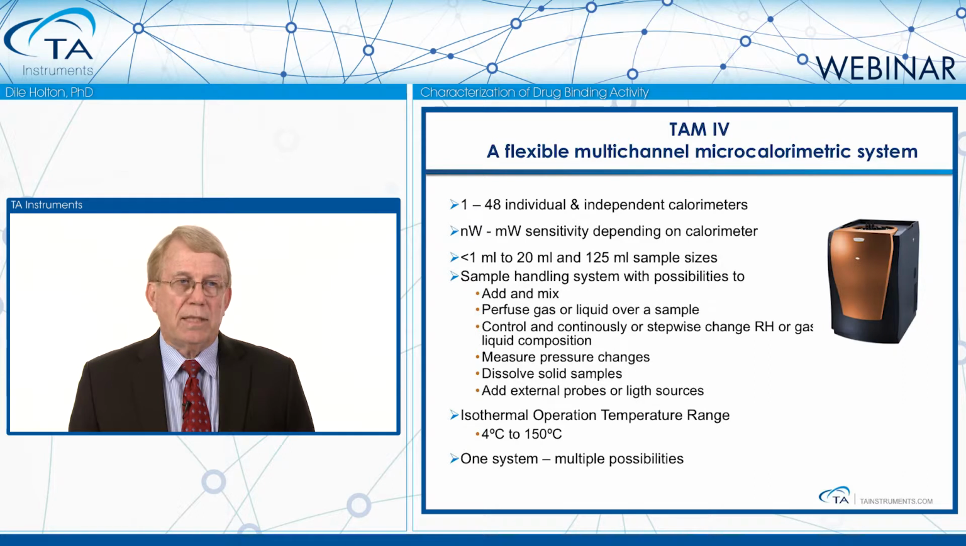And the new isothermal operating temperature range for the new TAM4, which was released about a year ago, is that you can get down to 4 degrees. So even at those temperatures where you might not expect the heat flow to be very high, you can start getting down into the storage temperatures for biopharmaceuticals and drugs. So you have one system, and you have multiple possibilities for measuring the heat flow when it comes to biopharmaceutical